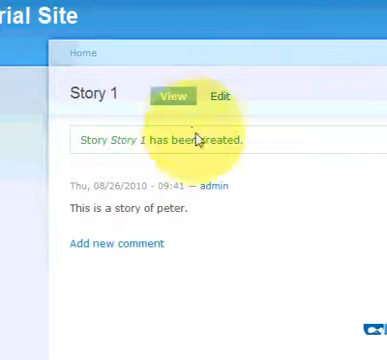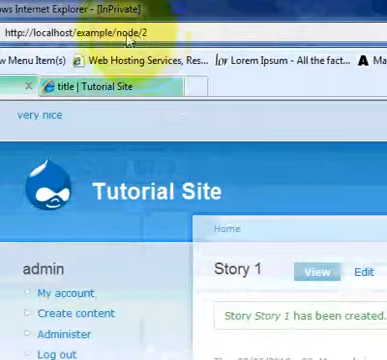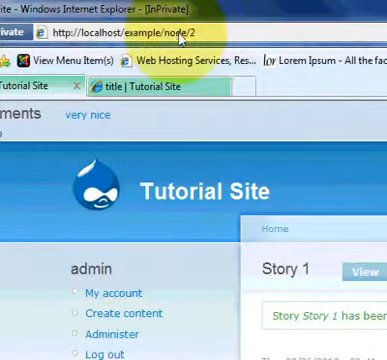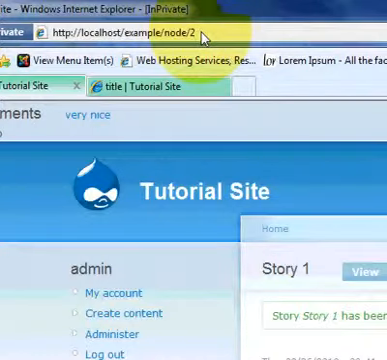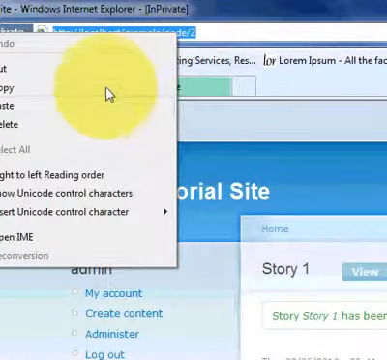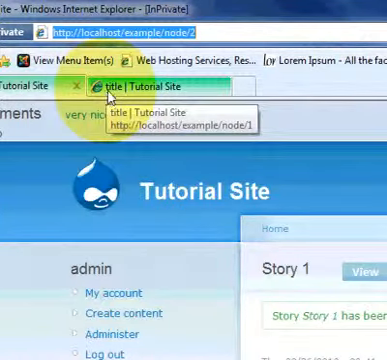Okay, so once it's been created, it will show you the path at the top already. So that's the path you want to copy directly, otherwise you're going to need to go back and find